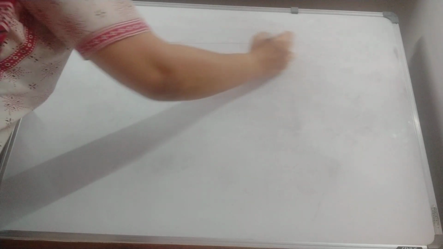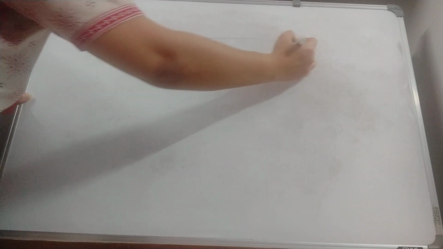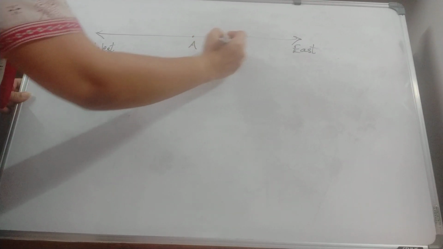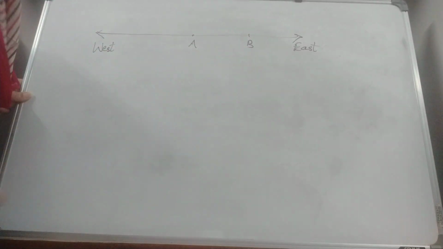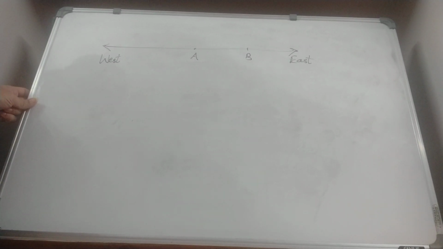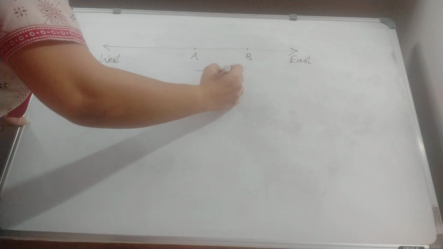Yeah, so it says that she goes towards east from a point A. Now they have just drawn a kind of a number line here, and they're writing this is west, this is east, and here is the point A, and here is the point B. Now they are saying Rita goes 20 kilometers towards east from a point A. So if from this point she is going 20 kilometers to east,